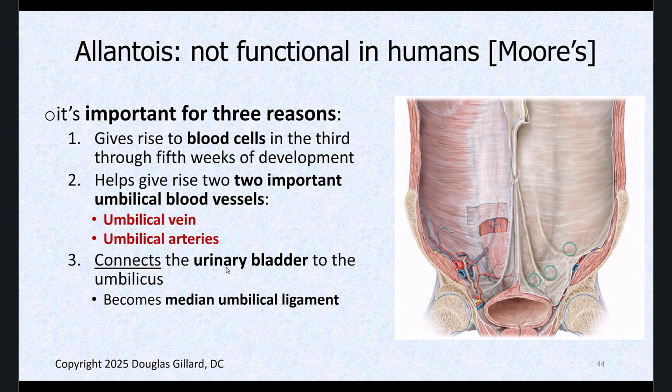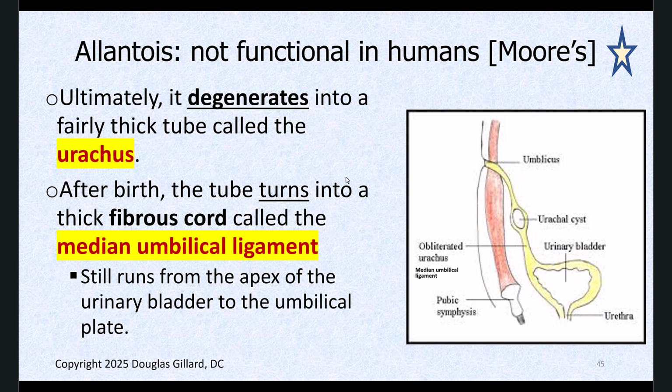It connects to the urinary bladder, but it doesn't do anything. It doesn't drain urine. But it ultimately becomes the median umbilical ligament. So the order of this is allantois to urachus to median umbilical ligament. And we can still see that in the cadavers. Well, not ultimately, but it degenerates into the urachus, and then after birth it turns into this fibrous cord called the